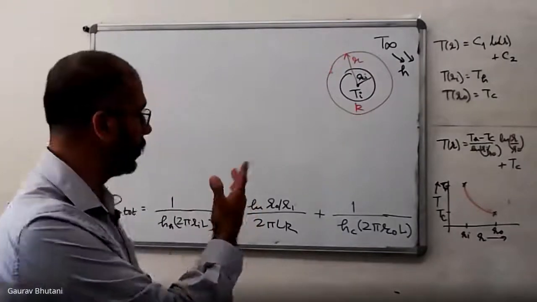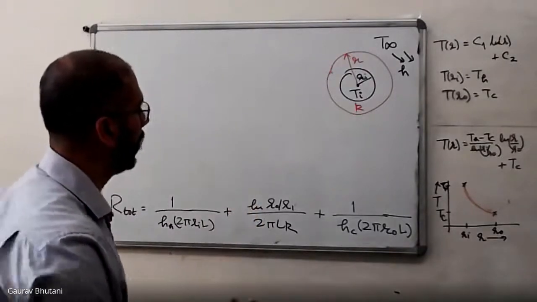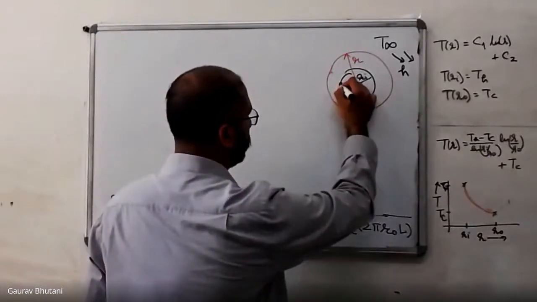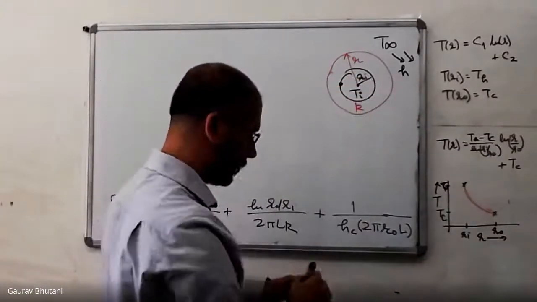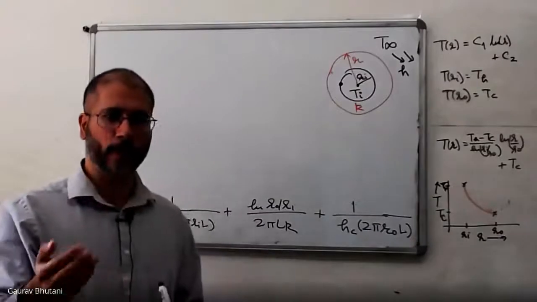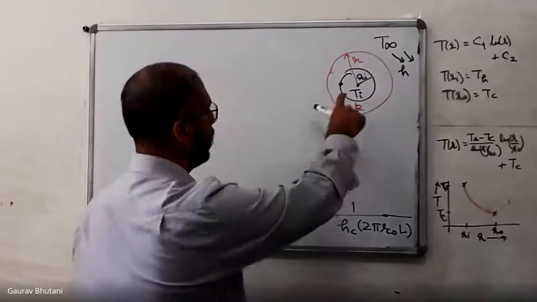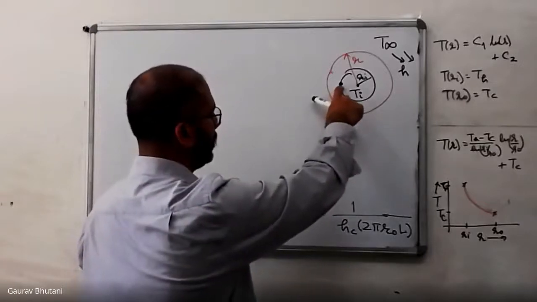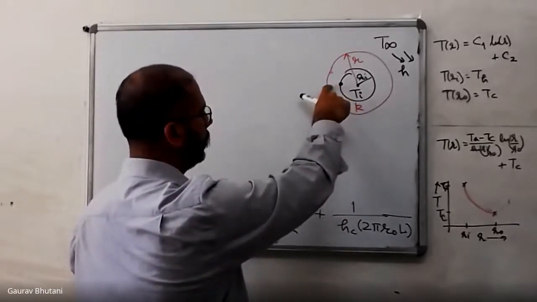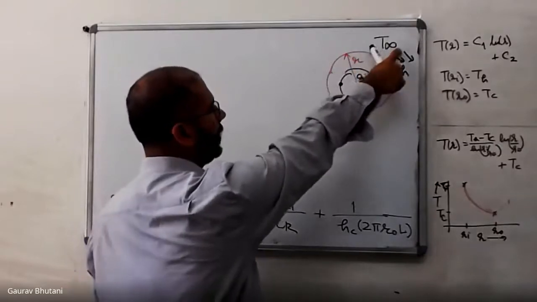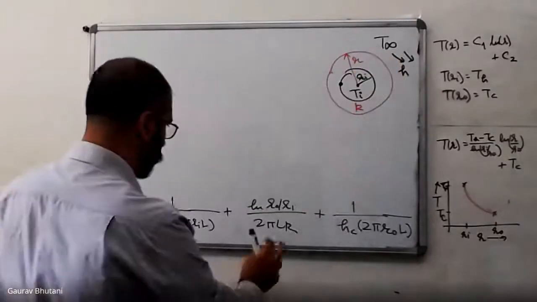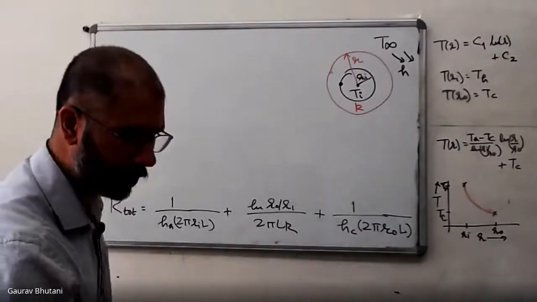So let's draw the thermal circuit here. So you have Ti here. It was a copper pipe. So the surface of the pipe attains the same temperature as the cold fluid. It's highly conductive, so there's not much difference. So you have Ti on the surface of the copper tube. Then the temperature varies inside the glass wool. There's some convection happening, and then you have T infinity of the fluid.